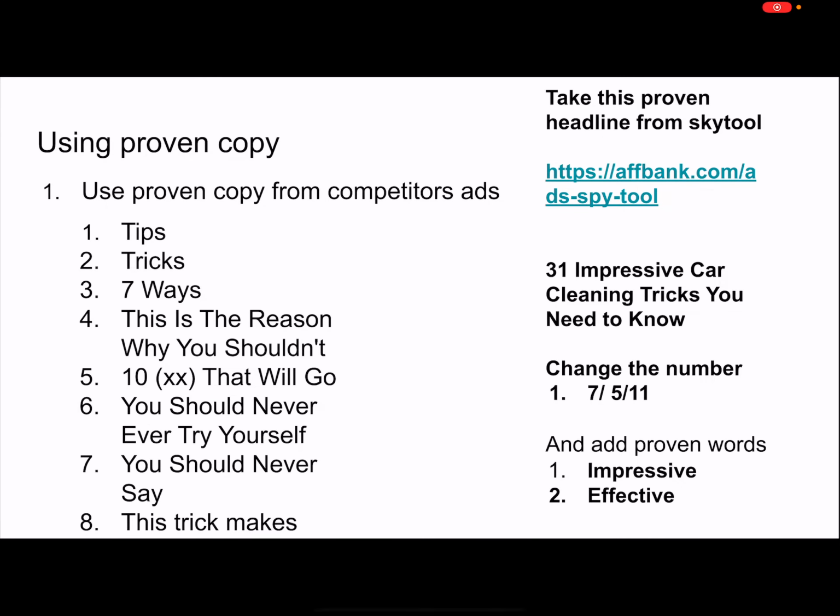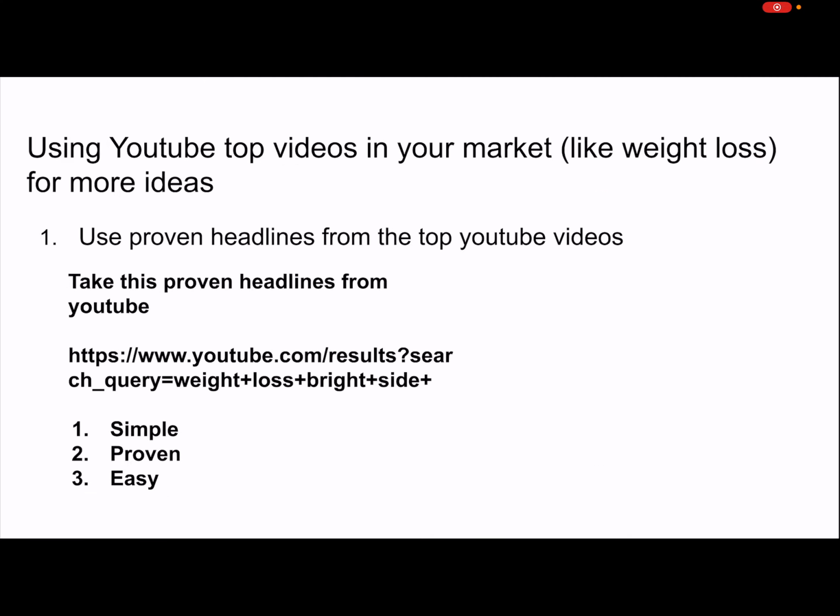And these are some of the words you can apply to the headline to actually improve it, to maximize it, and to help you be successful. You got words like tips, tricks, so on, and these words kind of improve the CTR and improve your successes. And obviously, you can even go to things like YouTube and type in weight loss, to find even more ideas in your marketplace, to be successful.